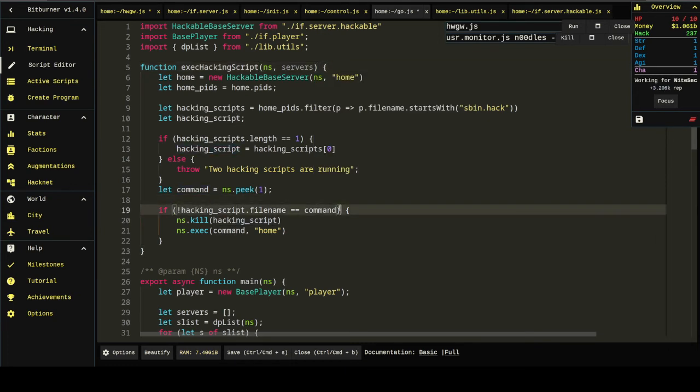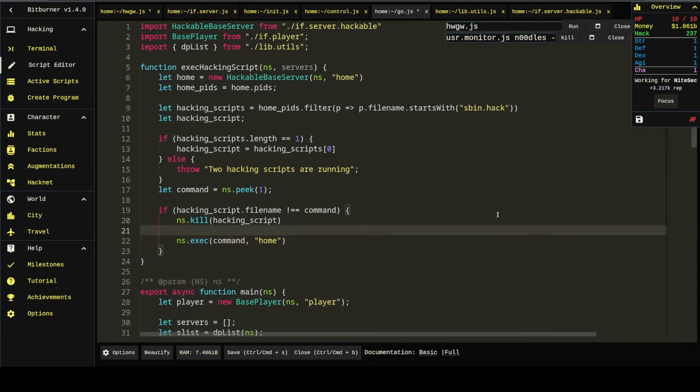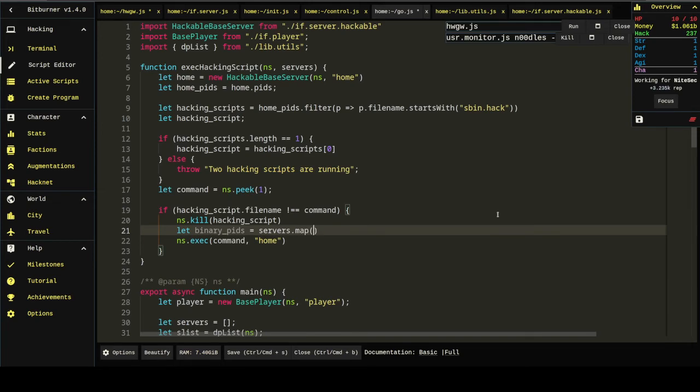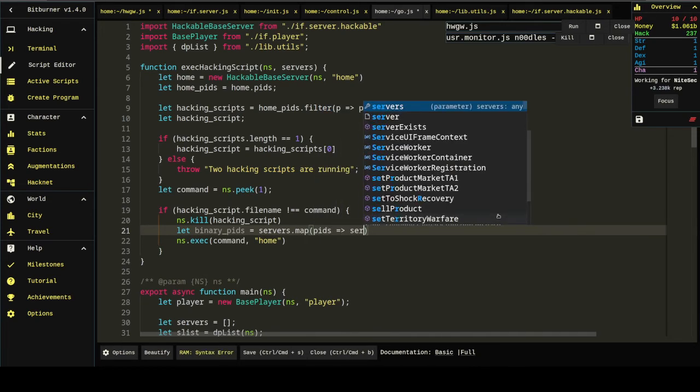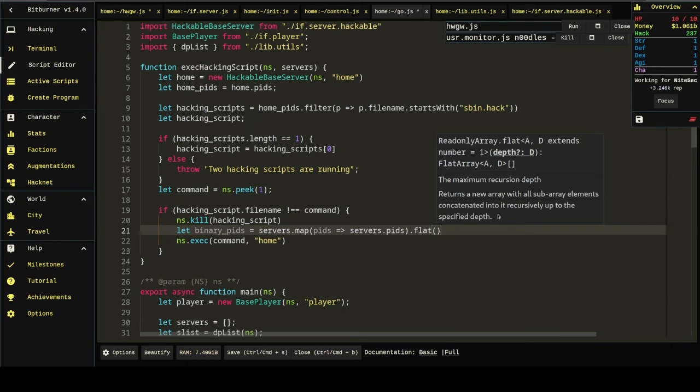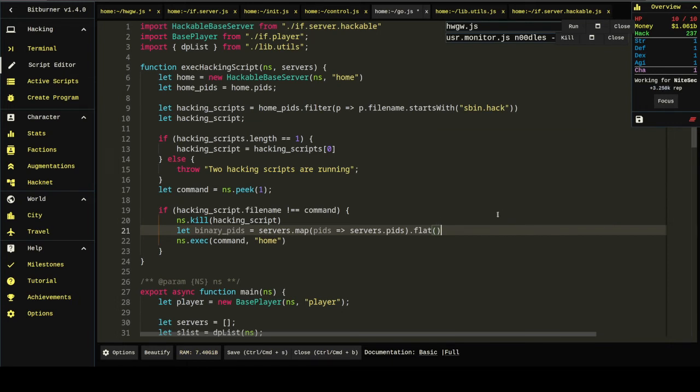So if we've changed hacking scripts, and write it like this just so it's a little bit clearer. We're going to go for servers. Ooh, this can be complicated. Servers.map, servers.pids. And I think I have to flatten that, so it's not a two-dimensional array. And that'll give us a list of all the server PIDs, which we will then filter